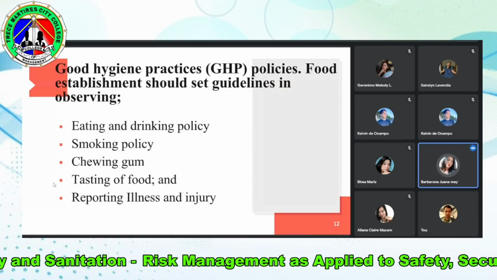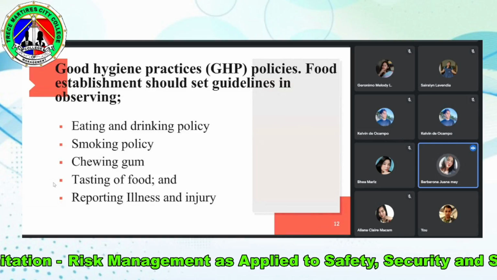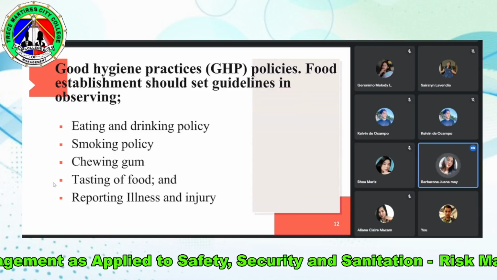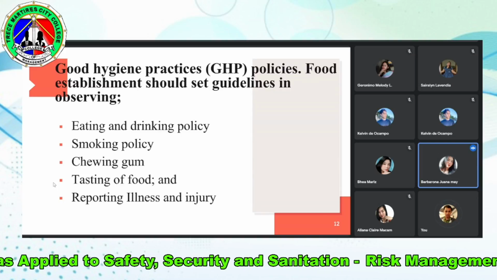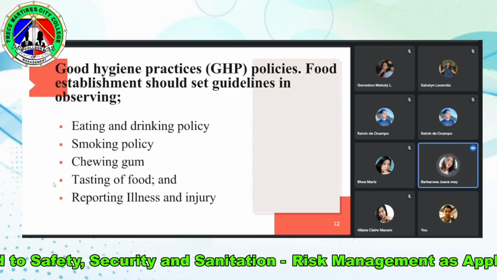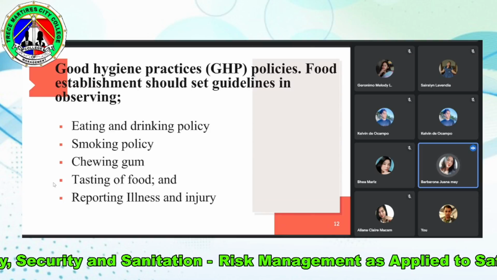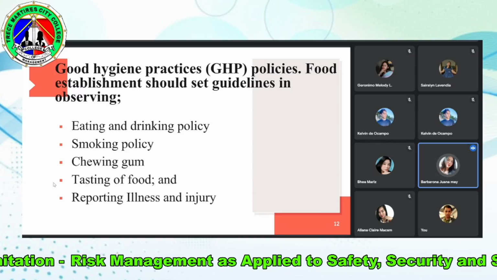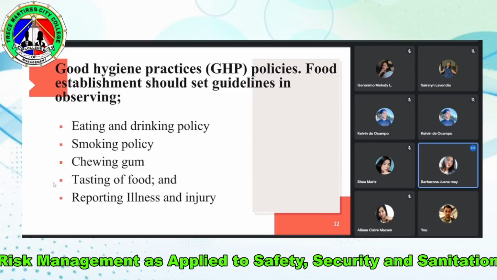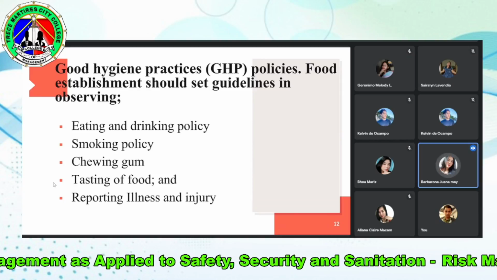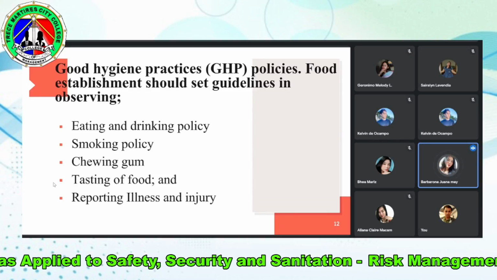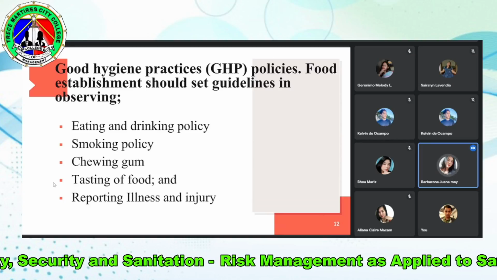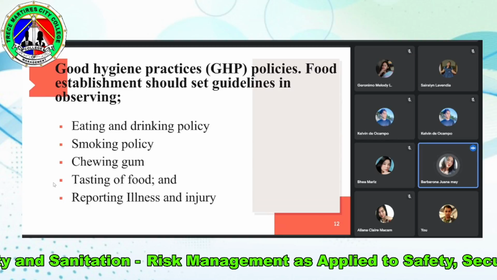Good hygiene practices or GHP policies. Food establishments should set guidelines in observing them. First is the eating and drinking policy. Syempre po, may area naman na para dyan at may oras sa pagkain o pag-inom when it comes to work po. Smoking policy. Smoking shall be absolutely prohibited in or on the premises, buildings, and grounds of government agencies